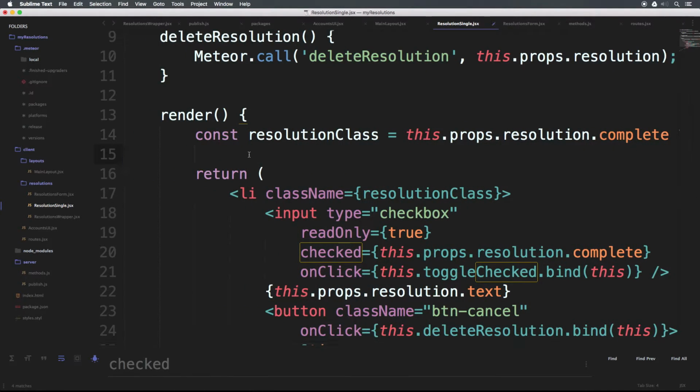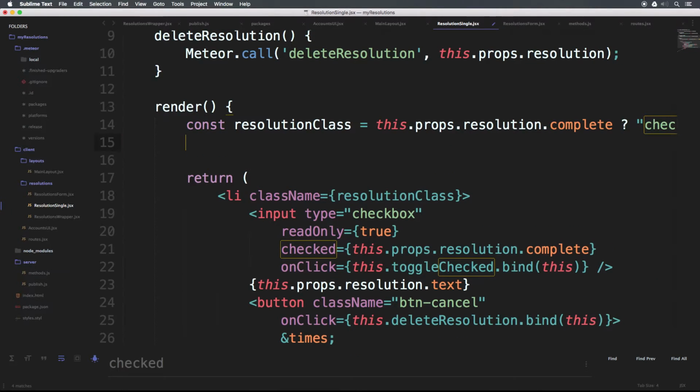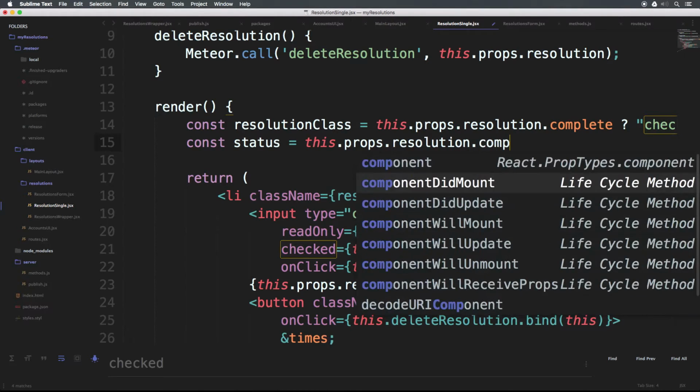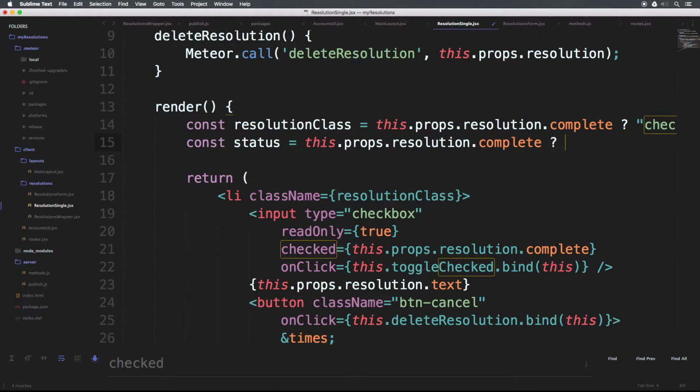Let's do something very, very similar. I'm actually going to zoom out my code slightly. Hopefully it's not too hard to read. We can say const status, and status is going to be equal to this.props.resolution.complete again, and we're going to have a question mark here. If this is complete, then we're going to set this constant variable of status equal to, and this is where